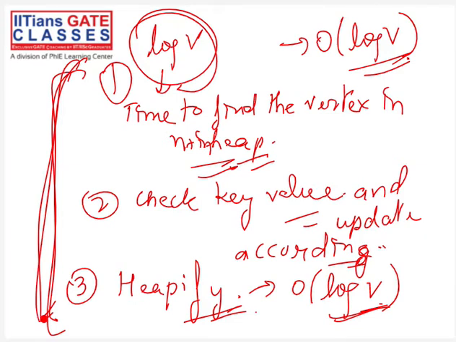Because I will take the vertex with minimum key value, and I will see, okay, this vertex is adjacent to how many edges, to find the vertices it is adjacent to, correct? And this I'll do for all the vertices now. So although I'm doing it for V vertices, at maximum there are E edges in the graph. So if you have an edge,